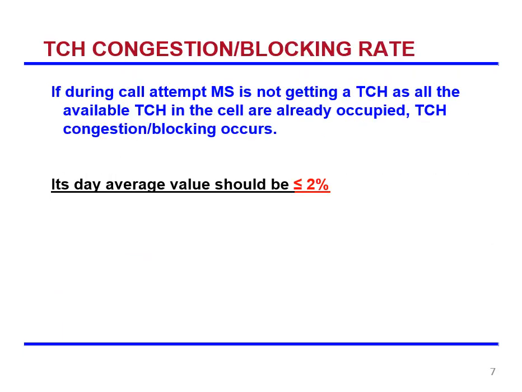So another KPI in second generation is TCH congestion rate or TCH blocking rate. What you have to remember is, as I told you, more congestion is a disadvantage to the customers, and it should be as low as possible. As per the TRAI benchmark, the congestion should be as low as possible. What you have to remember is the congestion rate should be less than or equal to 2%.